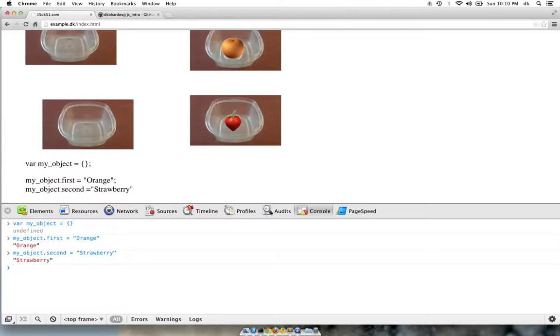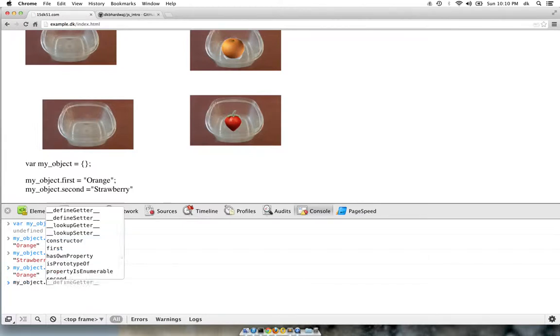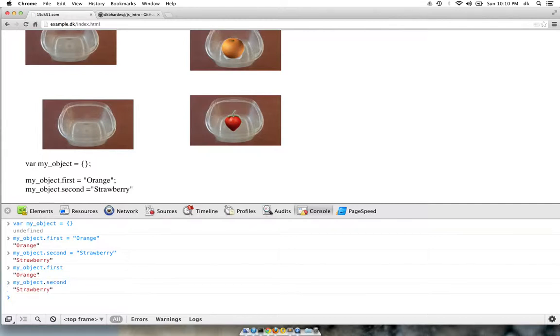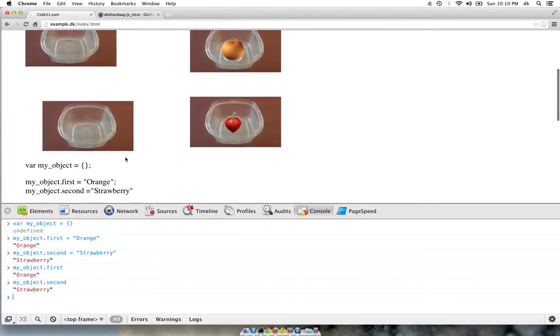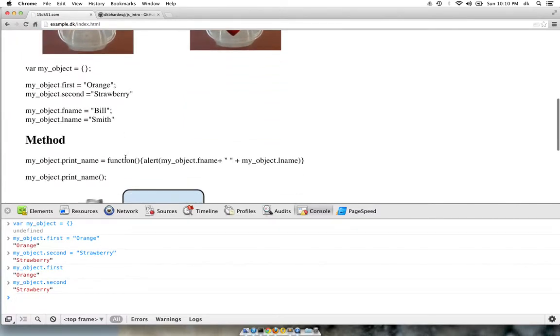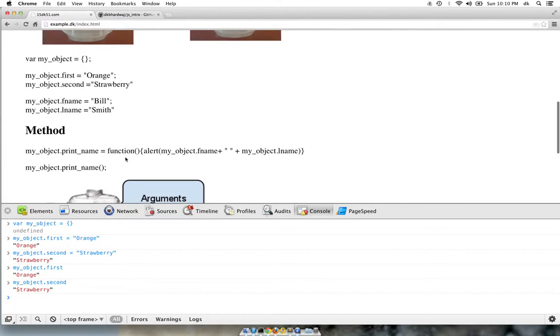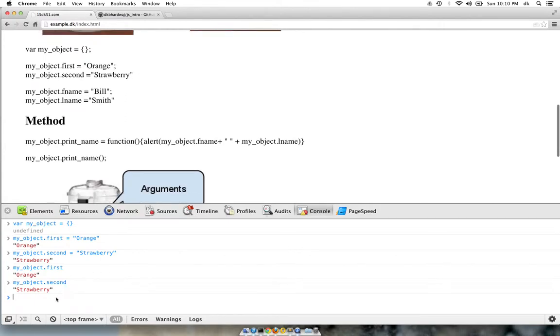And later on, if we need to access these properties or the values, we will just go myObject.first. It will give us the value, or myObject.second, and it'll give the value of the second property. And methods are functions. So myObject dot